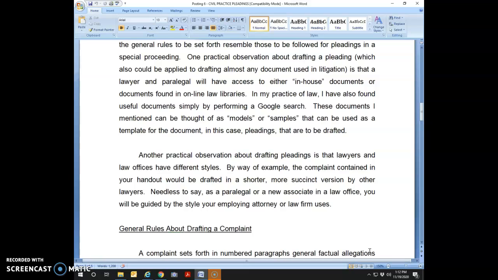The complaint that's contained in your handout was drafted by another lawyer in my office, and our department chairman, Mr. Prudensky, and his style is a bit different than mine. He does what I call talking complaints. There's nothing wrong with it. It's just how we were trained, and we're trained by different people and so on. But obviously, what you're going to do, to the extent it's possible, is you're going to adopt the style